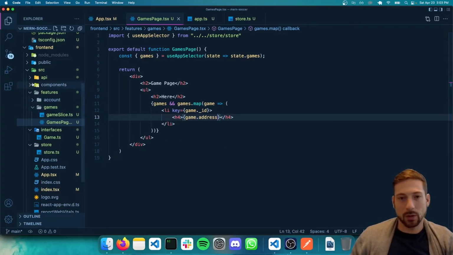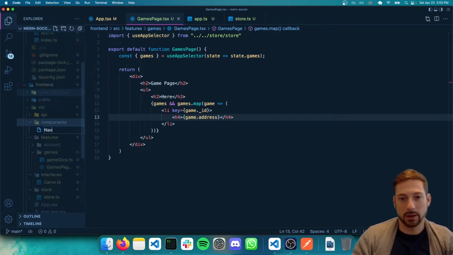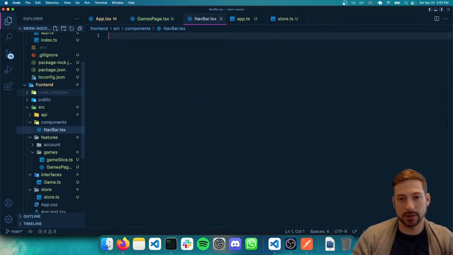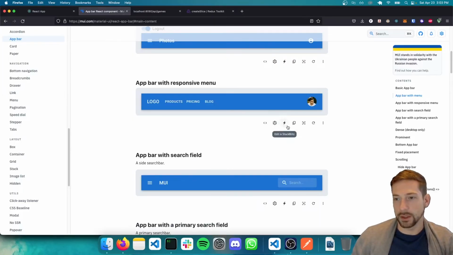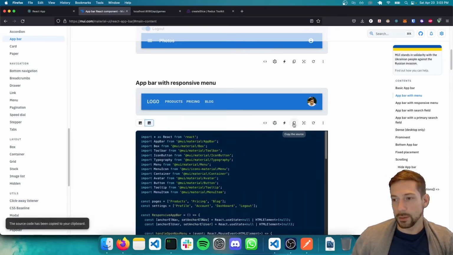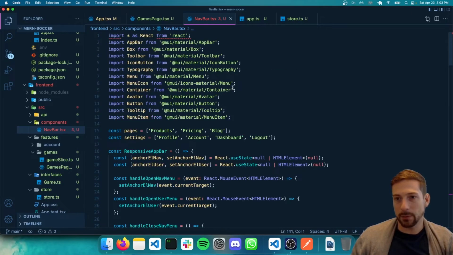So I'm gonna go into my components, new file, navbar.tsx, and what the hell? Why was this not? Copy code. Okay. So we have our navbar,